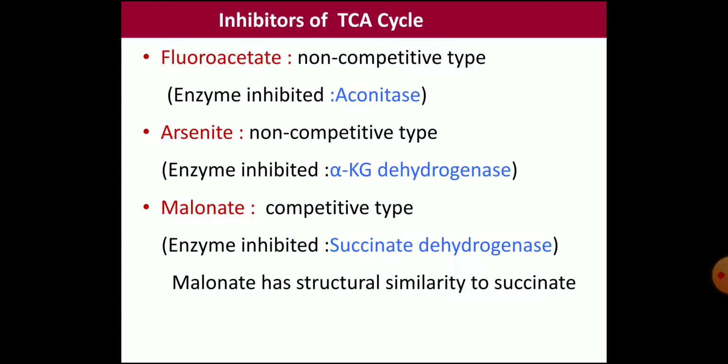The usual question will be just the reactions of the TCA cycle for 3 marks. Then you have to write them from the start, complete the cycle and draw it with all the substrates, coenzymes, enzymes and the inhibitors. Then the generation of ATP, everything should be shown in a single figure so that everything is explained there. If it is for 5 marks, you have to write the source of acetyl coenzyme A, as I just mentioned, and then the significance, energetics, regulation, etc. You have to write in short along with the reactions.